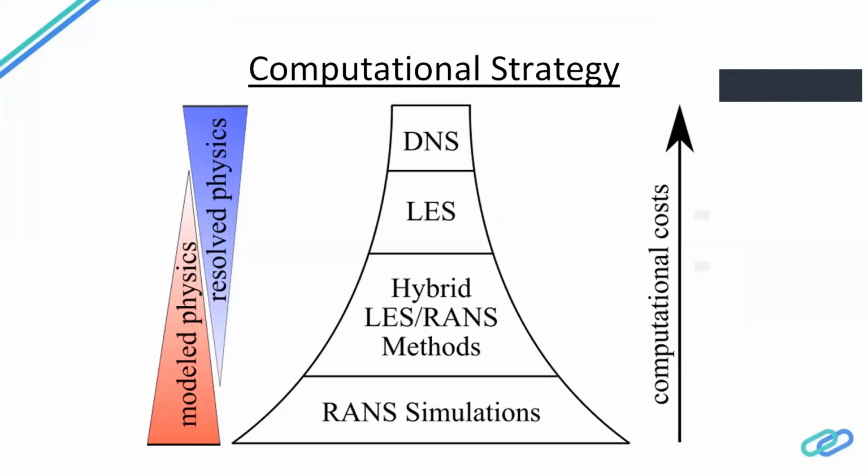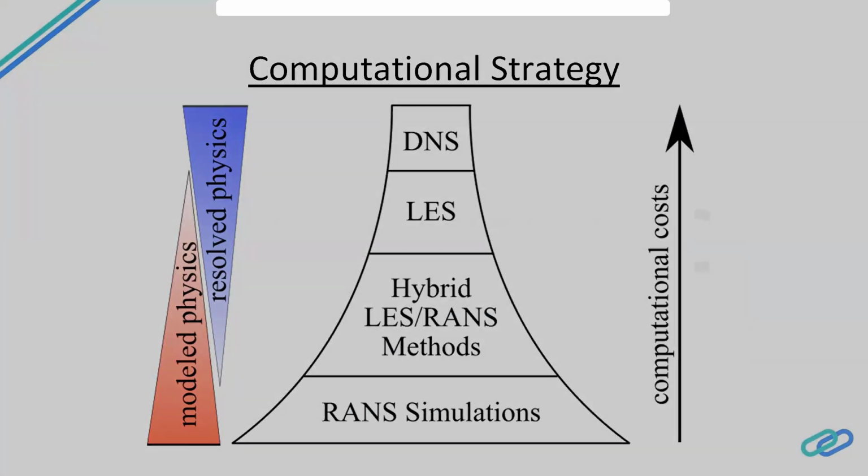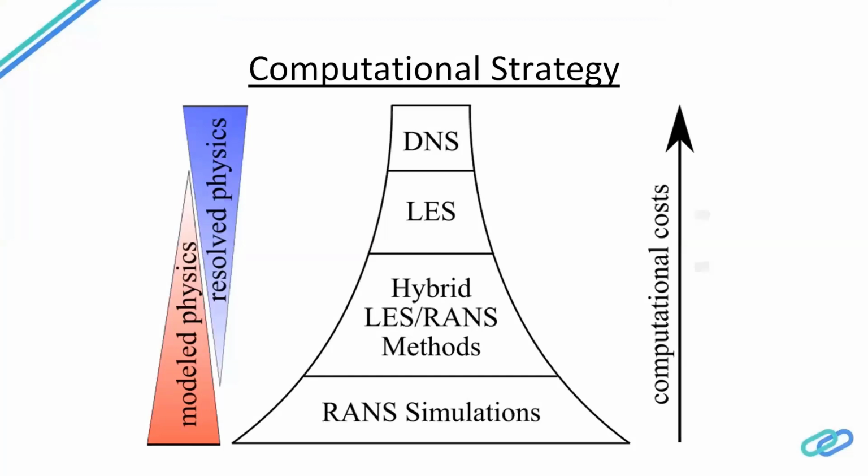First, we need to understand why we are modeling the flow, how the flow is being resolved, and what would be the computational cost. If you are going for the RANS simulation, we are completely modeling the physics. We are determining it in the form of an average simulation. Then the computational cost is less. As we move higher in the table, we see that in the DNS method, we are not modeling the physics, but we are keeping the physics natural, but the computational cost also increases. Cost in terms of the time involved, the resources involved, and the data which is generated is also large when compared to the RANS simulation.